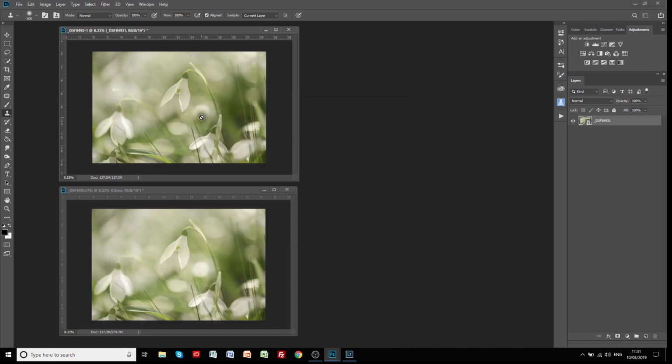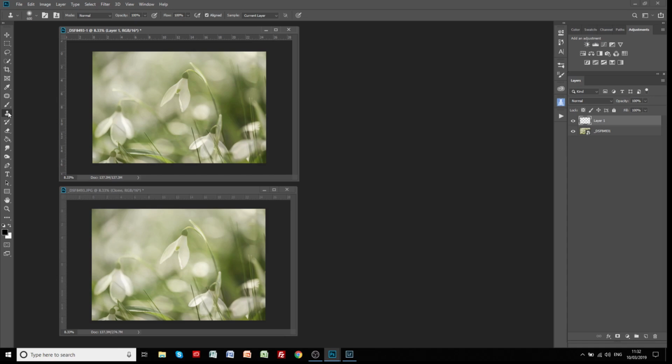We want to keep this as a smart layer because we may want to add a few textures and things like that, but further down the line we might think, well, I'd like to go back in and adjust the raw settings on that image at a later date. So how do we clone? If we can't sample the pixels in this, how do we clone? What we do is we create a blank layer above it,